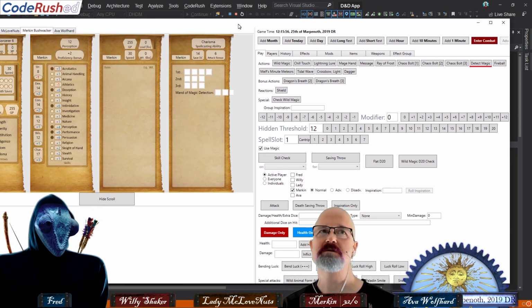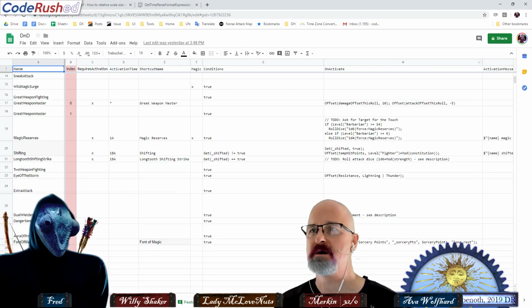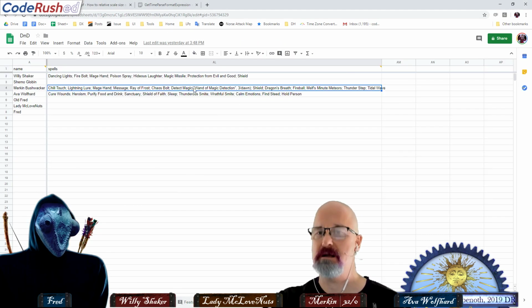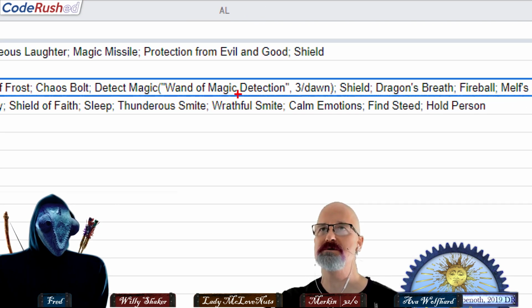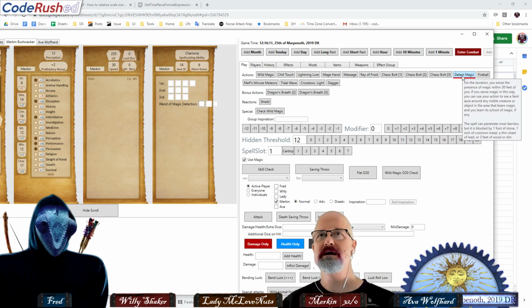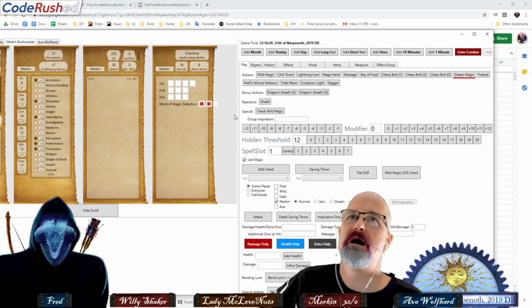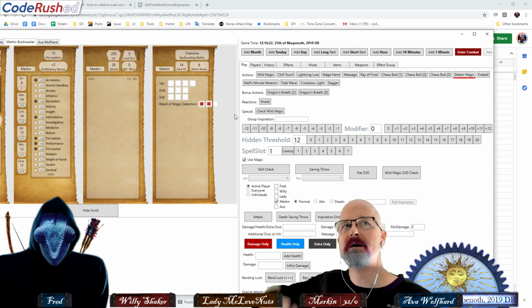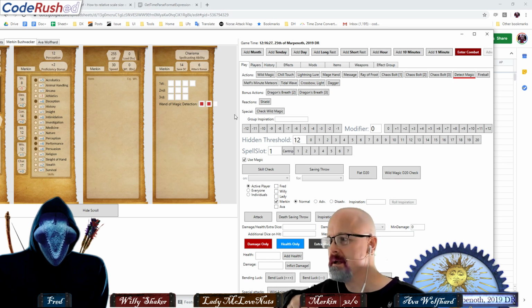That's it, kids. All right, so we have now successfully got our Wand of Magic that's coming in from our spreadsheet right here on this line of the spreadsheet, Detect Magic Wand of Detection, 3 times per dawn. That is turning into something that actually casts Detect Magic and sucks up the charge from the wand automatically. The only thing we got to do is make this thing fit left to right, and that's like a view box. I'll do that in my off time sometime between now and next Tuesday probably.